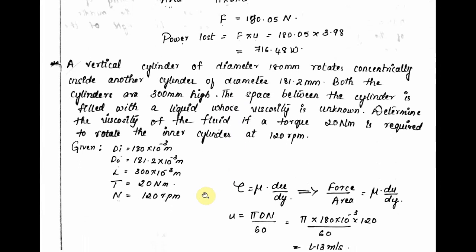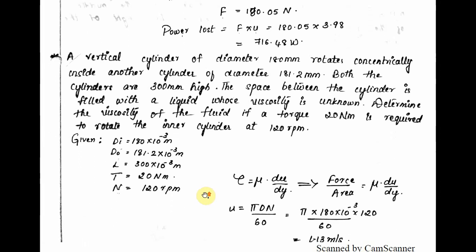Next one, a vertical cylinder of diameter 180 mm rotates concentrically inside another cylinder of diameter 181.2 mm. Both the cylinders are 300 mm high. The space between the cylinders is filled with liquid whose viscosity is unknown. Determine the viscosity of the fluid if a torque of 20 Newton meter is required to rotate the inner cylinder